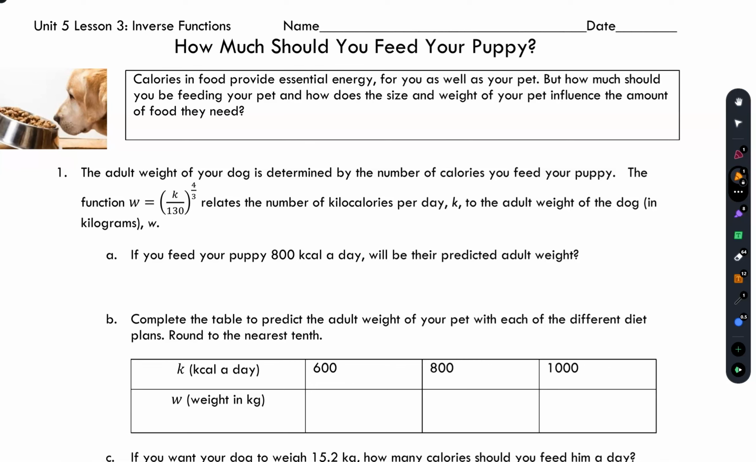Sound like a man. All right, so the last few days we've been talking about functions and function notation,